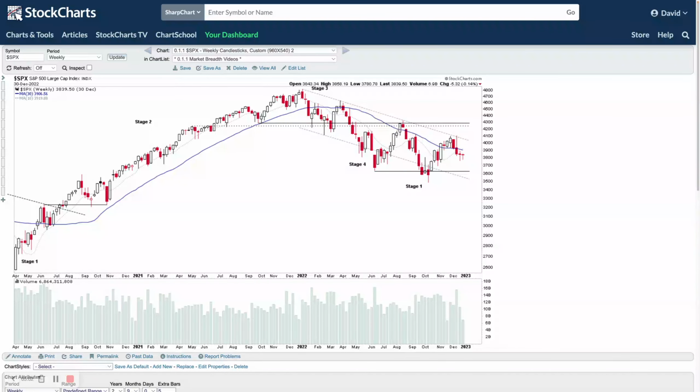So this was the initial attempt to move into early stage 1A, and as often happens when you move into early stage 1, you get the first move back above the 30-week moving average, you then get slammed back down again, back into the range for a test of the other end of the range. You don't always get a test towards the bottom of the range. Obviously in a weaker environment you do, and in this case we actually had a stage 4 continuation attempt at the bottom of the range where it tried to move lower but then failed, and we got this spring type action